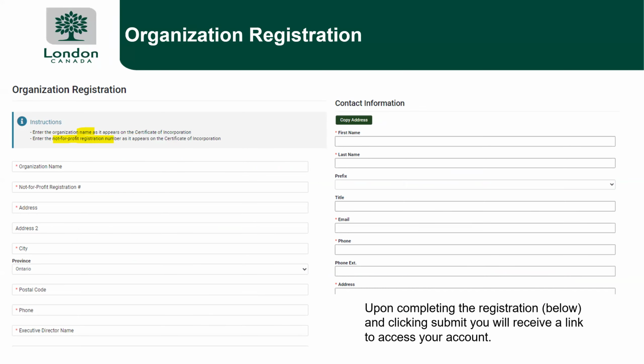So for new applications, this is the first screen that you will see after you get through the eligibility. So this is where you give us all your information about your organization, and you must have that not-for-profit registration number available to you because you are required to put that in there. You will need information like your board member contacts, your executive director information. So this is just a snapshot of the top of the screen. There's quite a few pieces of information that you will need to include there. As well, during the application, you will have to upload that not-for-profit certification.